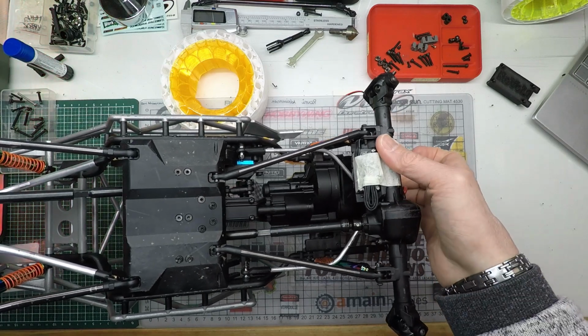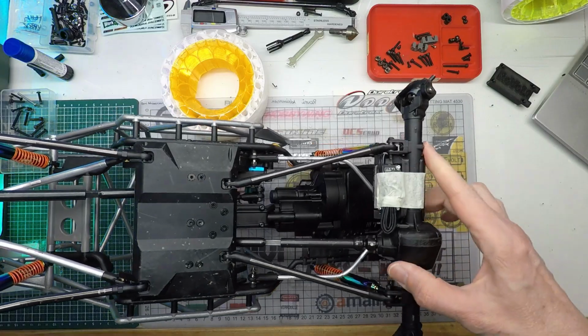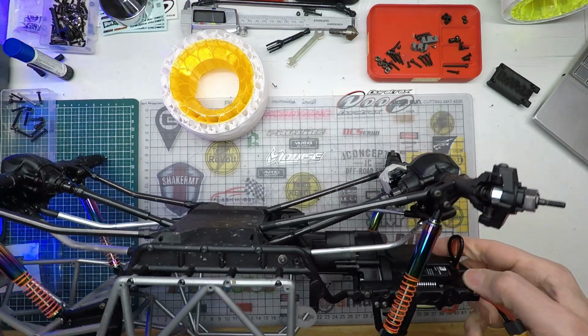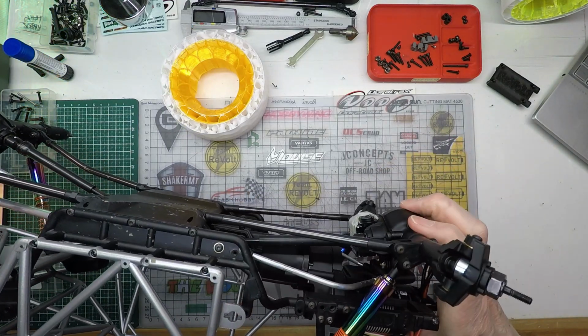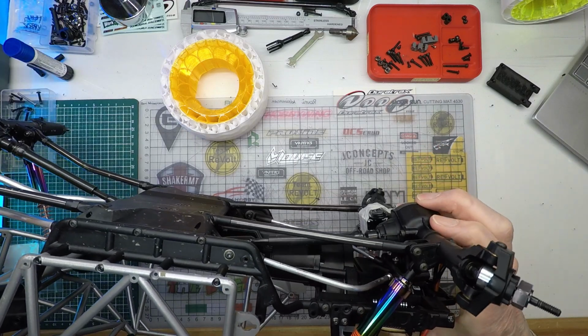It's clearance everywhere, complete clearance. The shocks can completely compress. It can move in all directions, so I actually am happy. I'm also happy with the pinion angle, which sits nice and stays that way. I might bend it a little bit more down